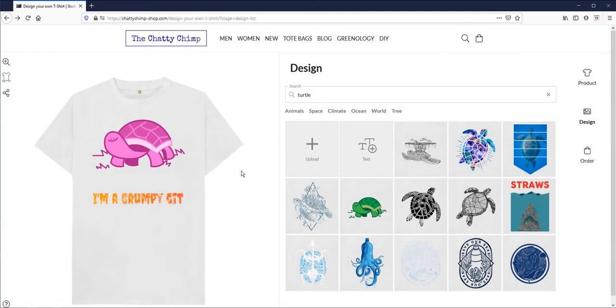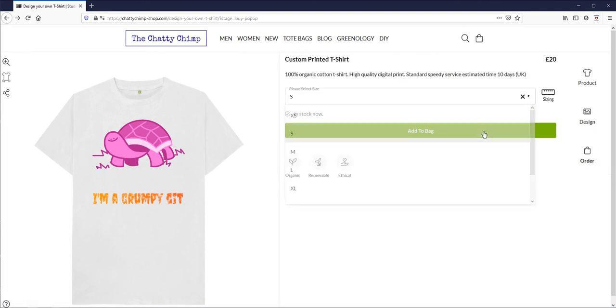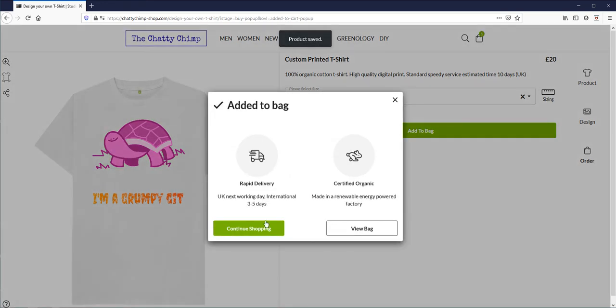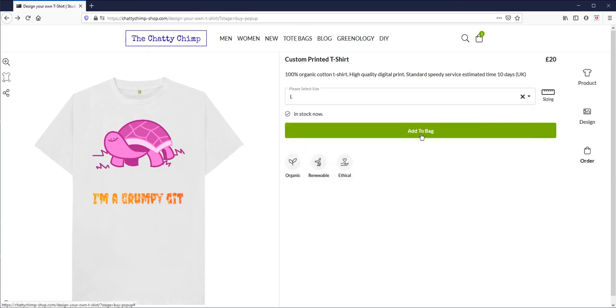Once you've agreed on the final design, all you have to do is click order, select your size and add it to your bag. If you want to order more than one in different sizes, once one's been added to your bag, you just go back, click continue shopping, select a different size, select add to bag, and you'll find this number up here will change to 2,